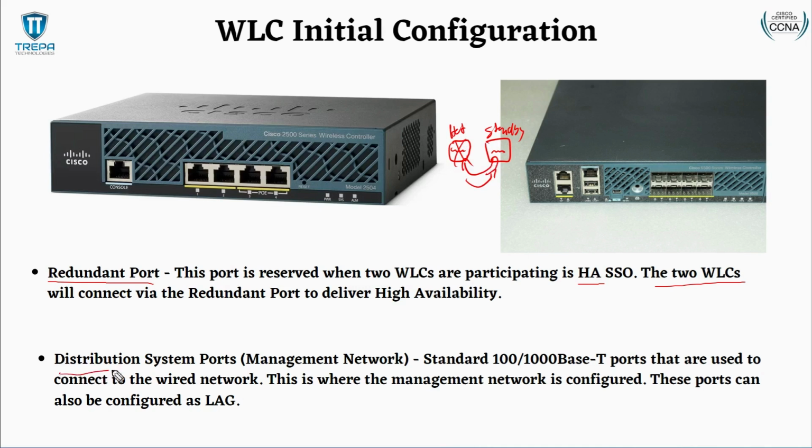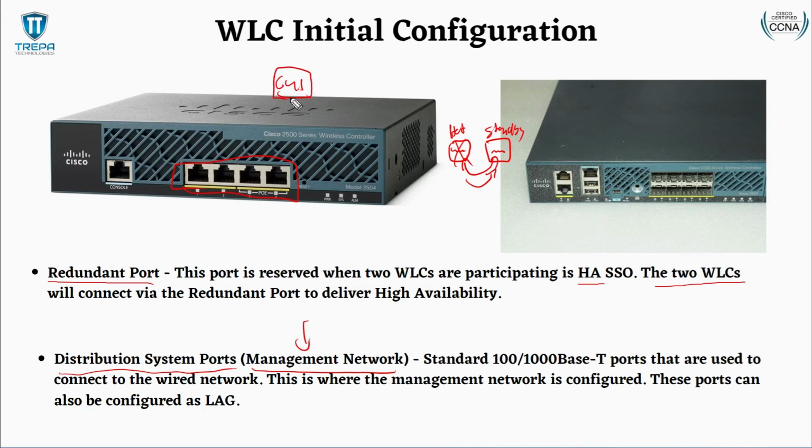And then we have our distribution system ports. These are the ports you see right here that are part of the management network. This is going to make more sense when we get into the CLI configuration. The management network is the VLAN and the IP addressing that you put on the wireless LAN controller that you're going to use to GUI into this